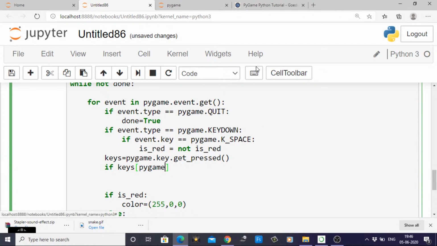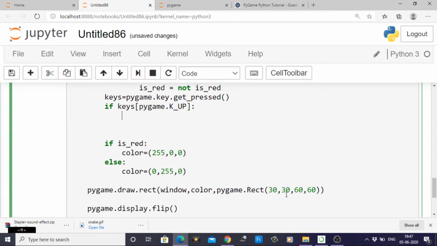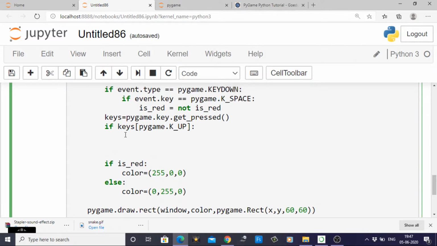If keys, inside the keys, I'm just taking Pygame dot key underscore up. Okay, I'm taking a key called key underscore up, and when I'm pressing this key, it means I'm doing some activity. Just a second. Then what I will do, I'll take these into the variables like x and y. Okay, x comma y, and I'll change the value of x and y. X is equal to